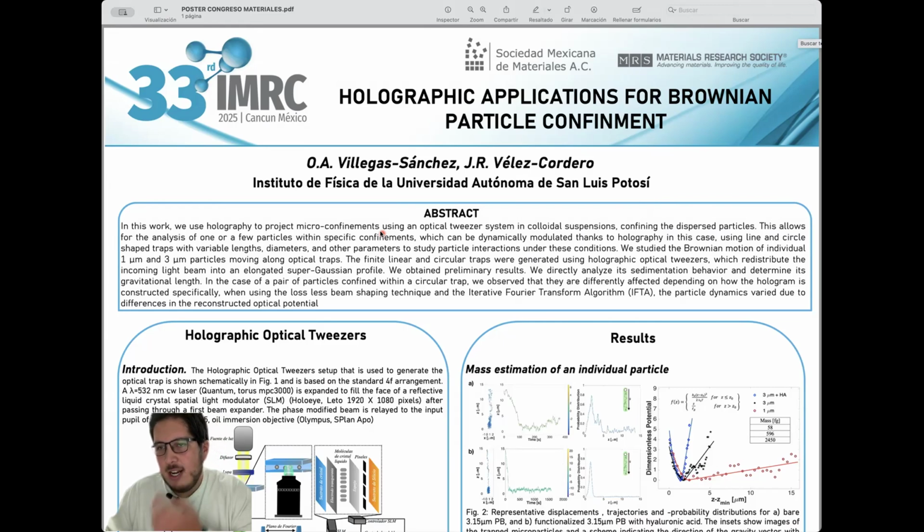And how we create the hologram is the idea of this work. The computer algorithm we use actually changes the forces the particles feel, and that changes how they behave. Okay, so first,